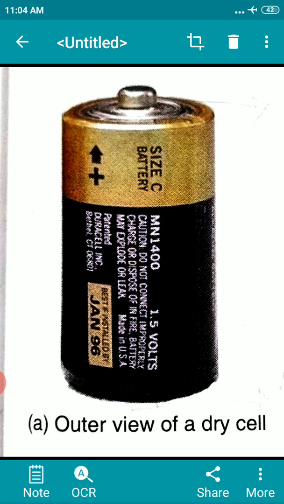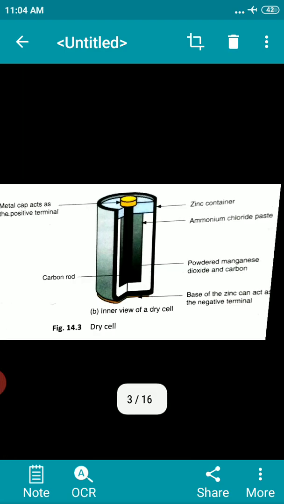It produces electricity from the chemicals stored inside it. When the chemicals in the electric cell are used up, the electric cell stops producing electricity. The electric cell then has to be replaced with a new one.